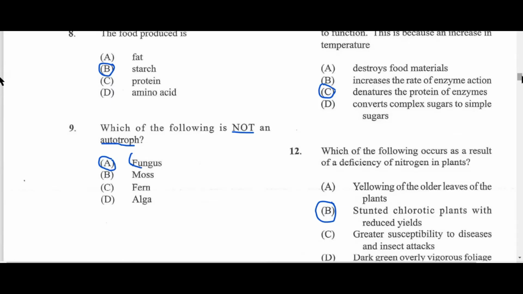Question 9. Which of the following is not an autotroph? Autotrophs are organisms which make their own food, so the fungi would not be an autotroph. It would be a heterotroph. So my answer there is going to be A. All the others would be making their own food. We move on to